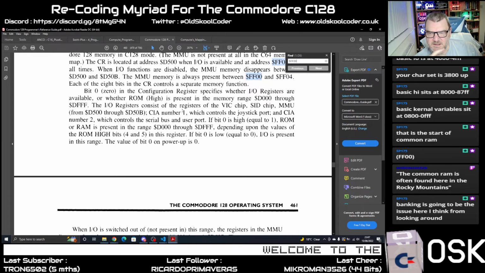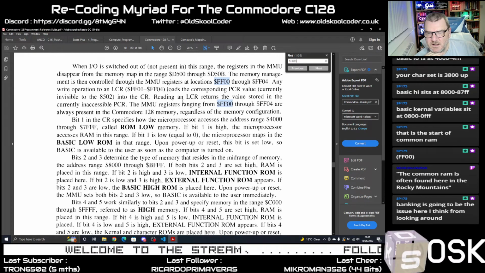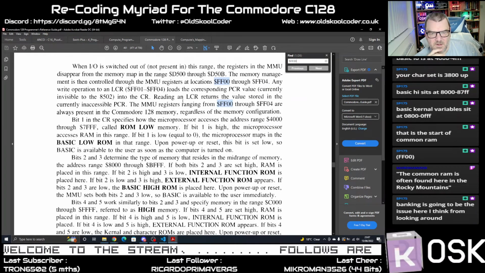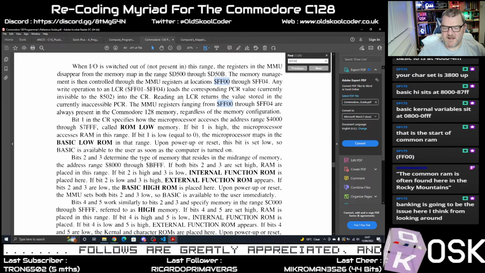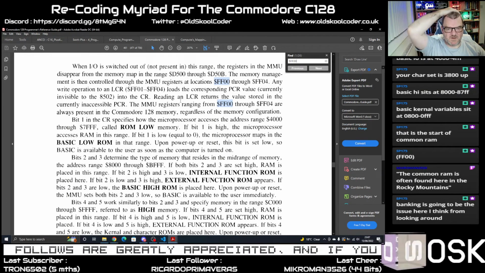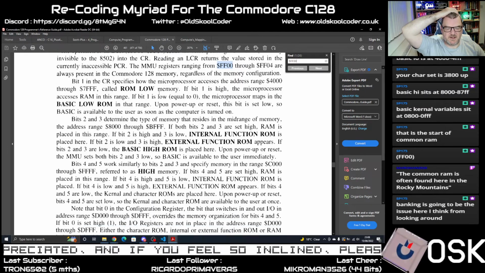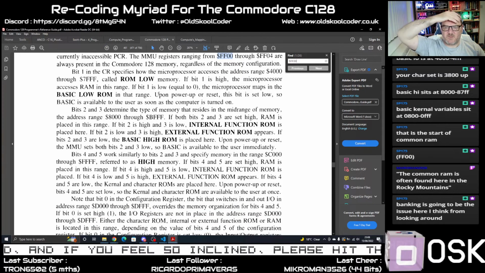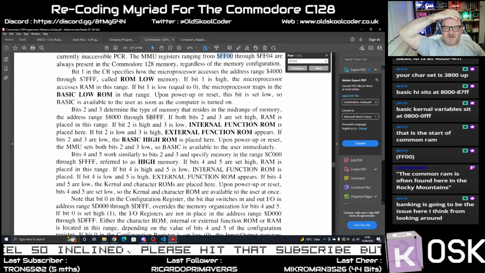So the CIA, SID chip, VIC chip. Okay. Bit 1 specifies how the microprocessor accesses the address range called ROM low. If bit 1 is set high, the microprocessor accesses RAM in this range. If bit 1 is set to 0, the microprocessor maps to the BASIC low. Well, we put 1 in there. Okay. 2 and 3 determine the type of memory residing in the mid-range memory, 8000 to BFFF. If both